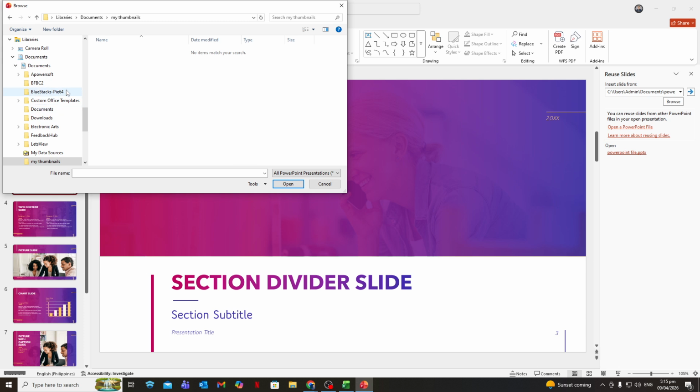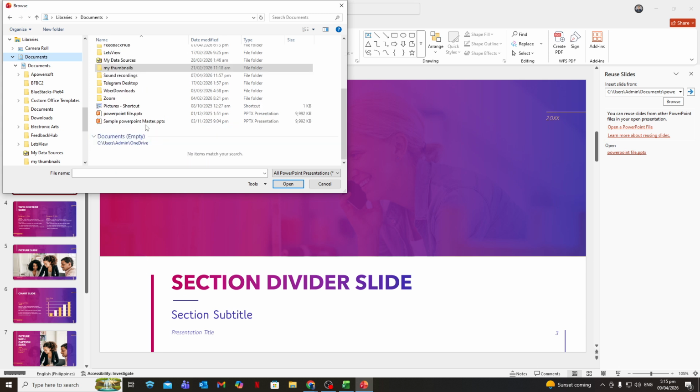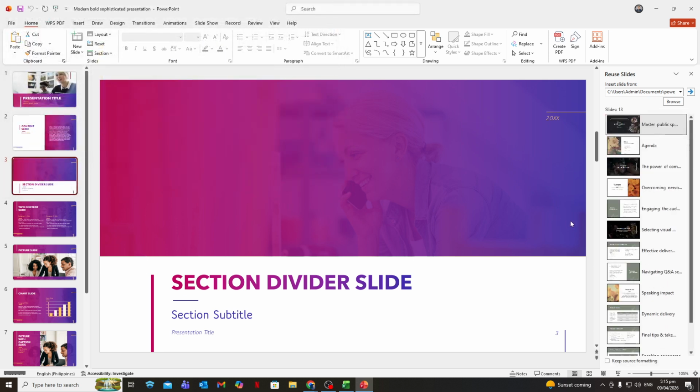From here, you have two main choices. If you want to bring in all the slides from that file, right-click any slide in the Reuse panel and select Insert All Slides. PowerPoint will drop them into your main deck, directly after the slide you selected earlier. If you only need certain slides, just click on each one you want, one at a time, and they'll be